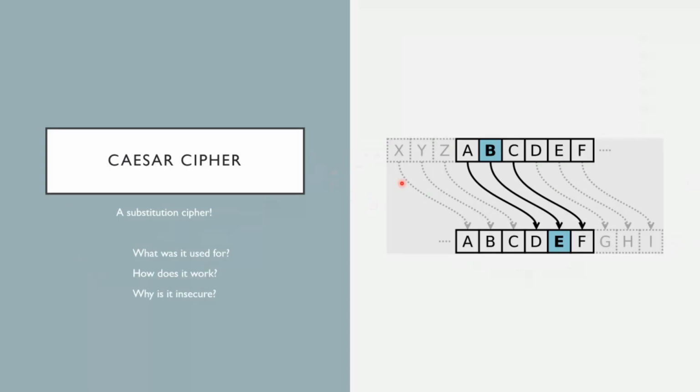Let's move on to the next one. The Caesar cipher is the Romans. Julius Caesar had this developed. It's a substitution cipher. So the idea is you have